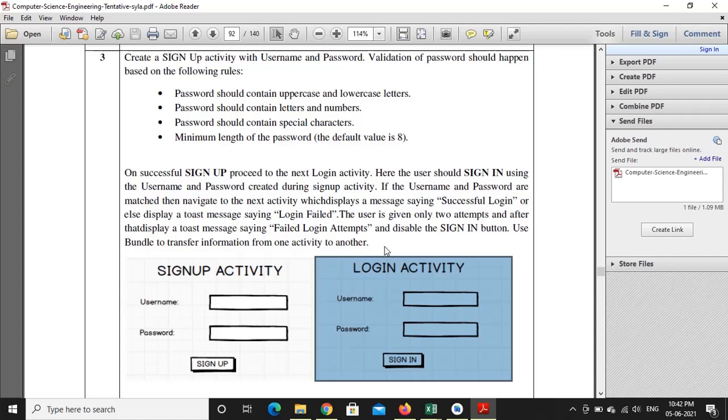Here we will learn some new concepts like bundle, what is the purpose of bundle in Android, and we also use another concept called intent to transfer the data from one activity to another activity, and how to design 2 activities in a single application. These are the new things we will be learning through this particular application.